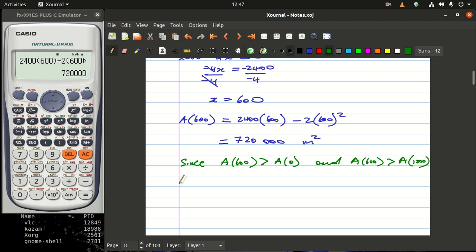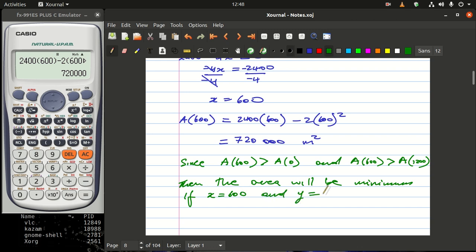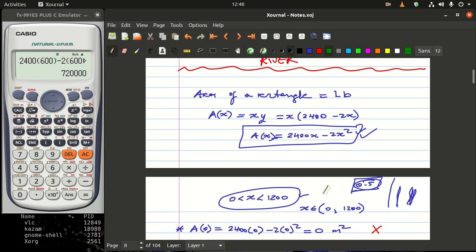It says that the area will be maximum if x is equal to 600 and y is equal to